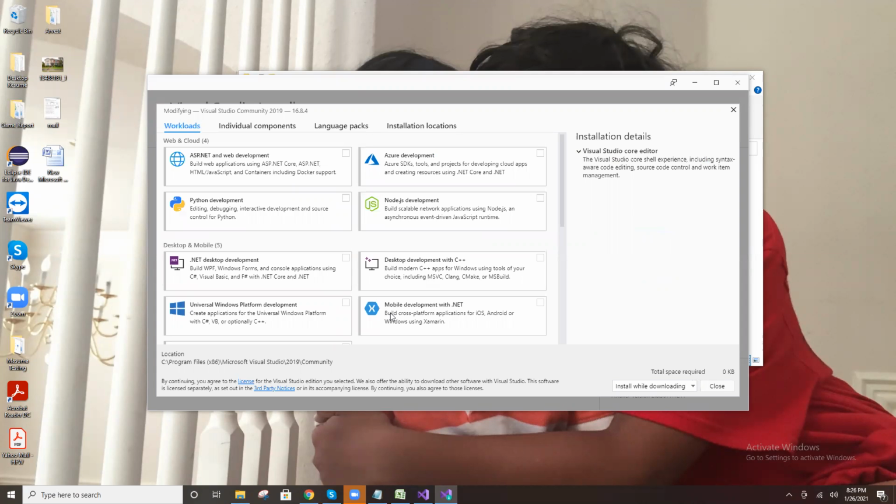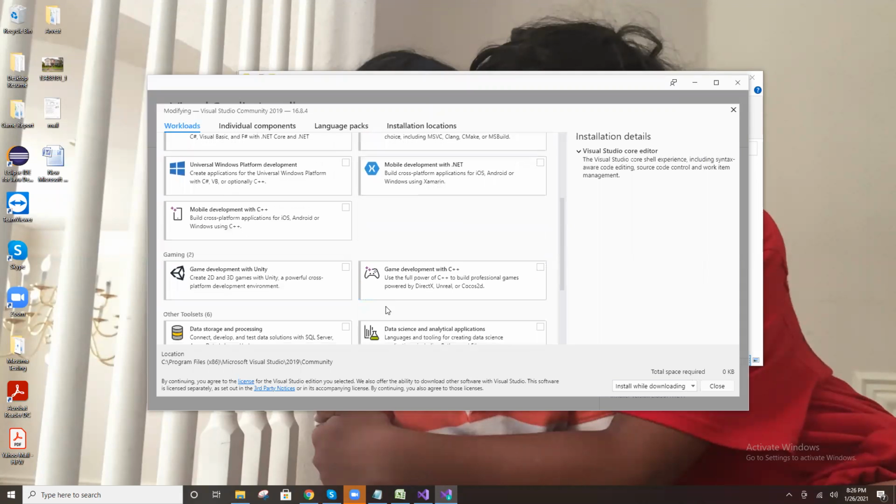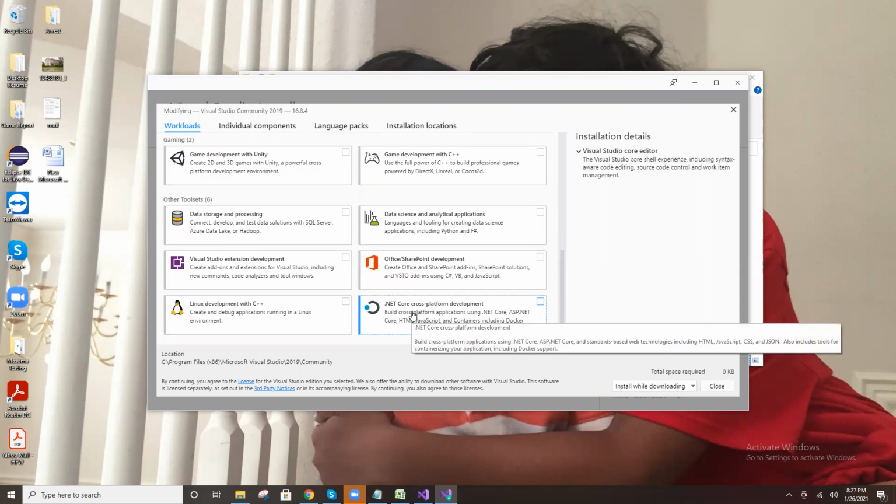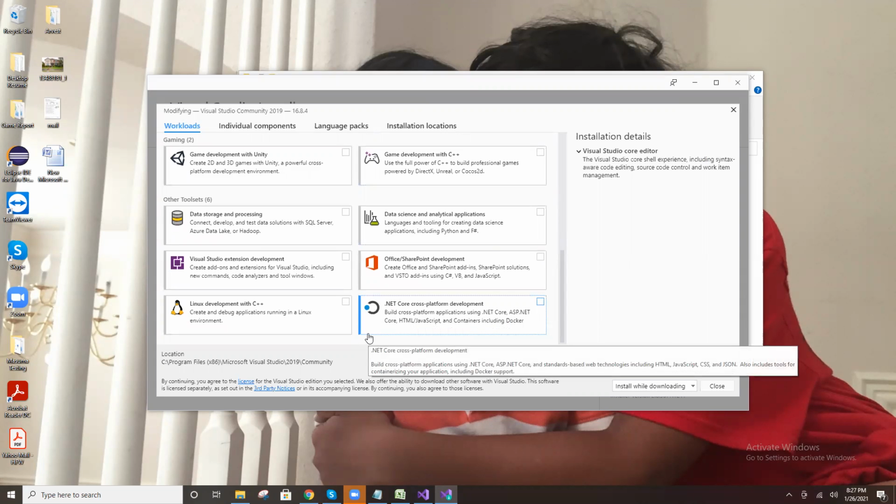In the scroll down here, scroll down. .NET Core cross-platform development is there. Select, check the checkbox.